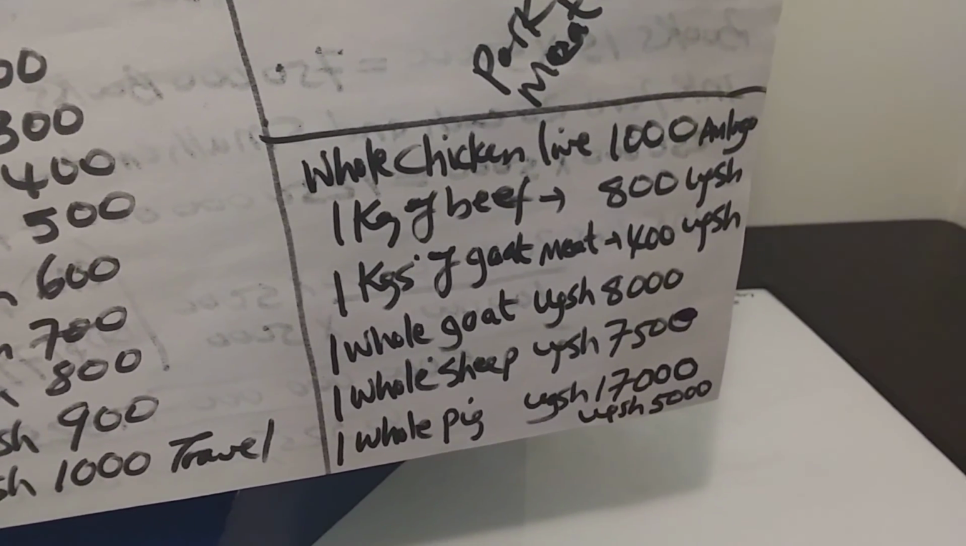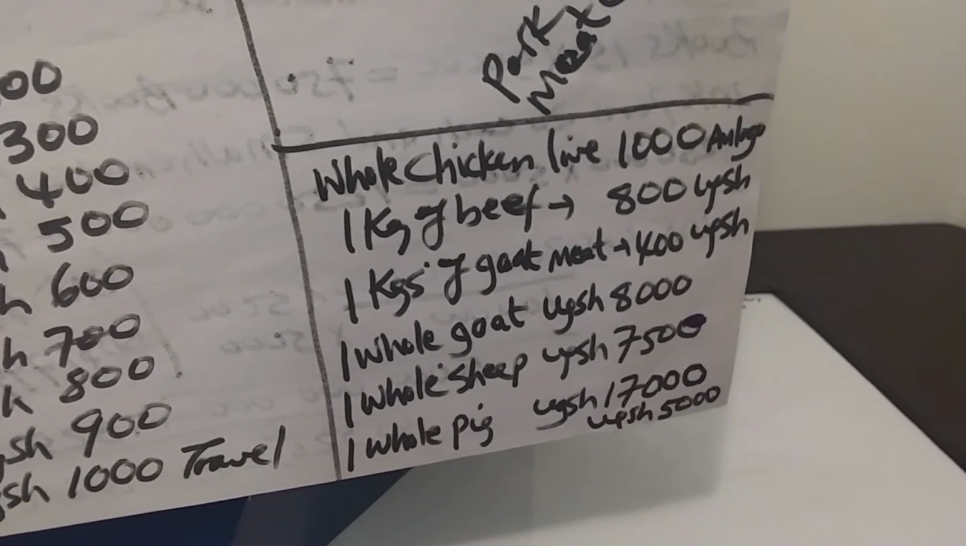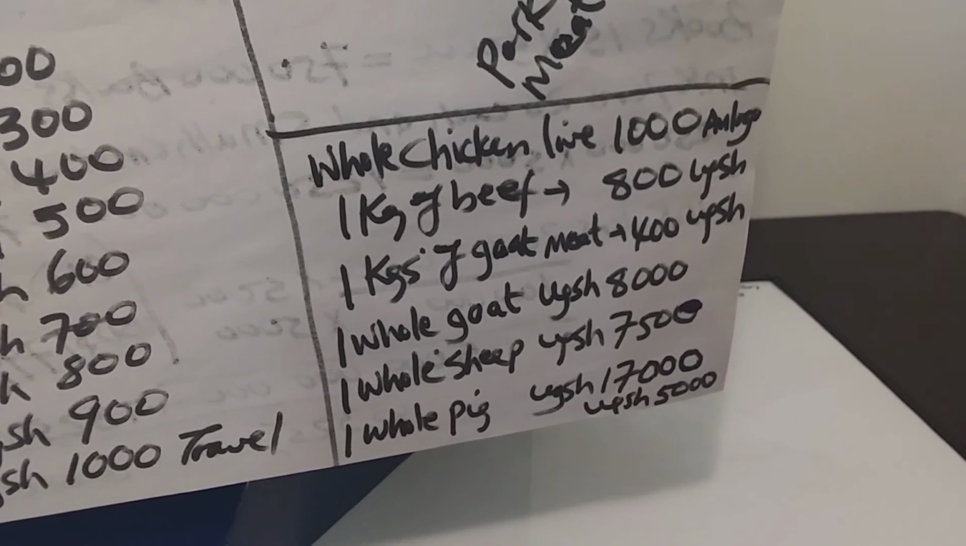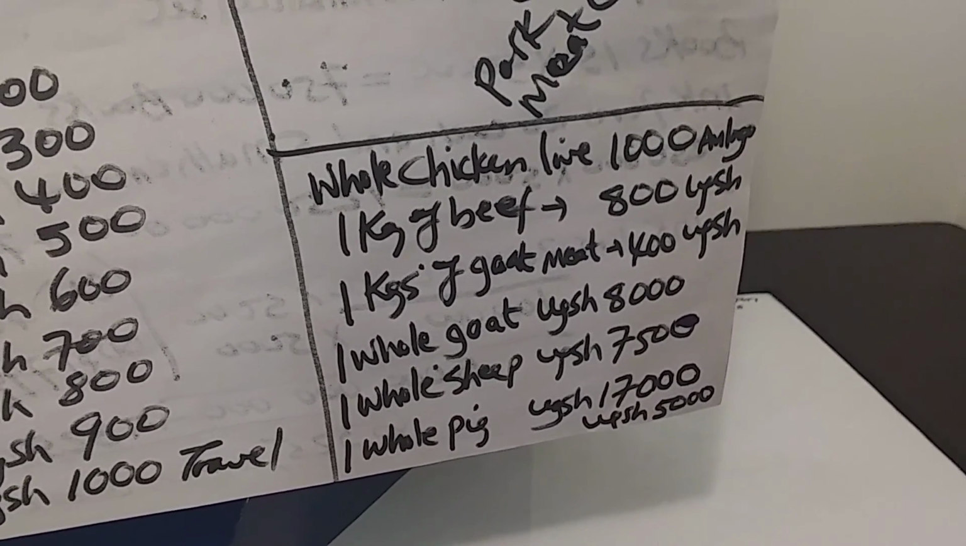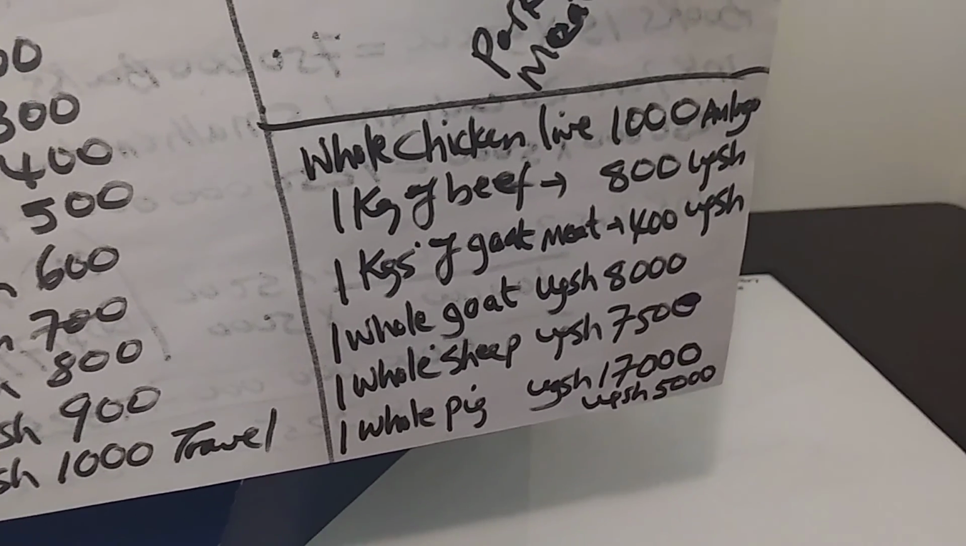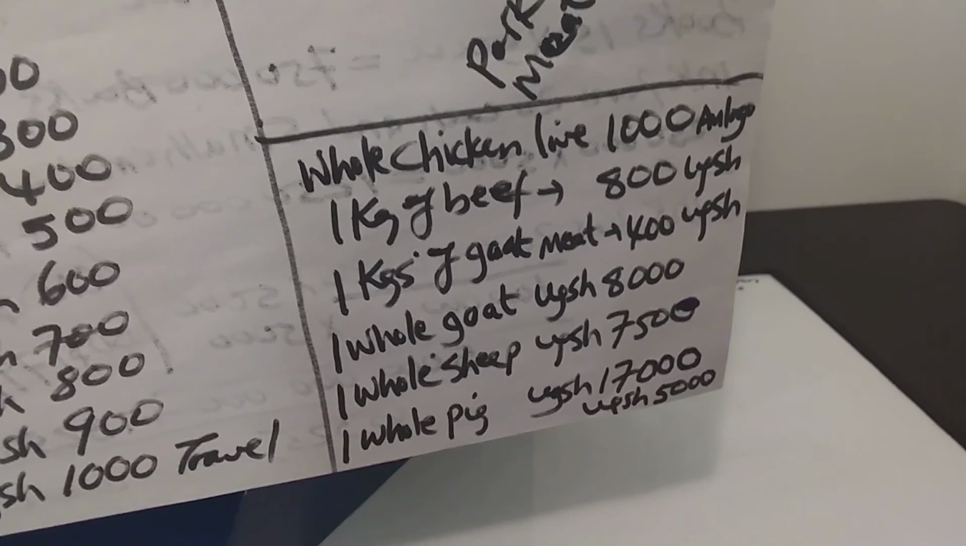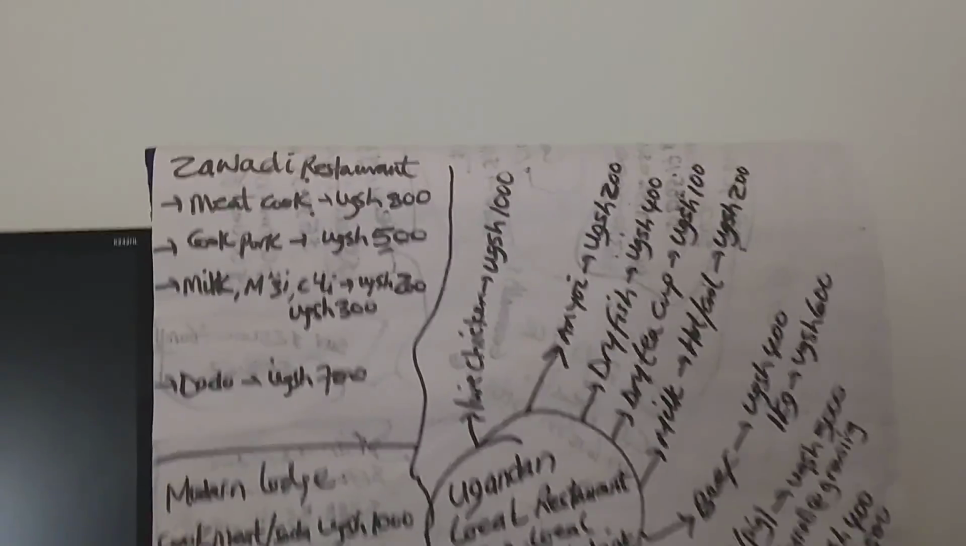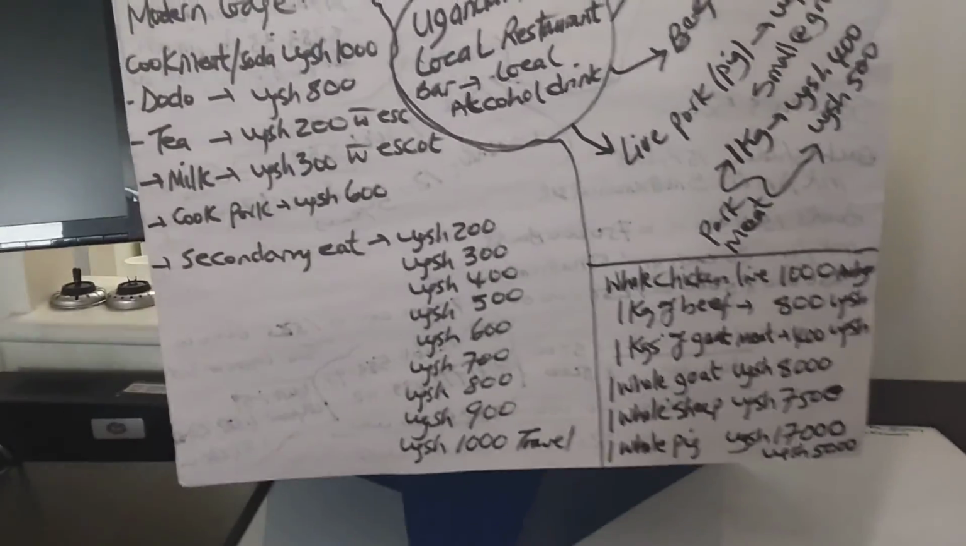One whole goat 8,000. One whole sheep 7,500. One whole pig 17,000. That is roughly 5,000 for a whole pig, live. Okay, so and then if